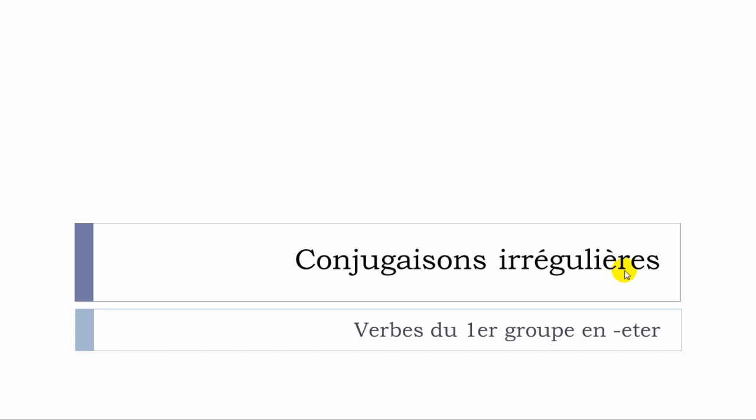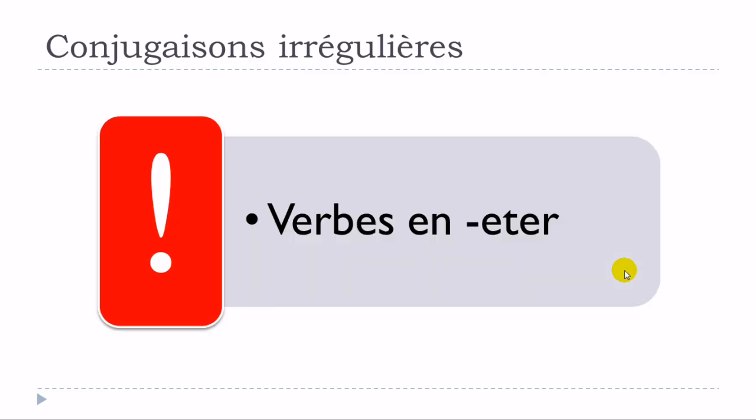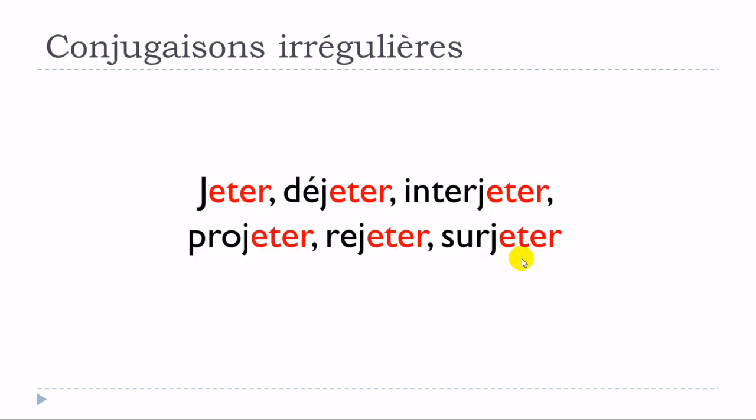Conjugaisons irrégulières, and we'll see especially the verbs that end with -ter. Okay, so regular verbs from the first group ending with -er. But then we'll see that these verbs will be, in some cases, a bit different. And then what we should keep in mind is that the verbs from this family of verbs,